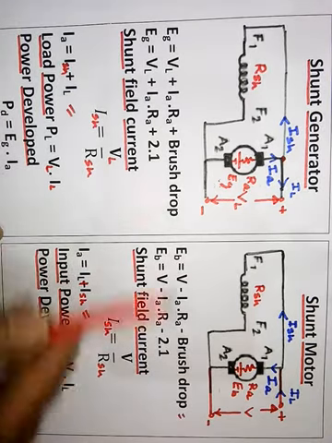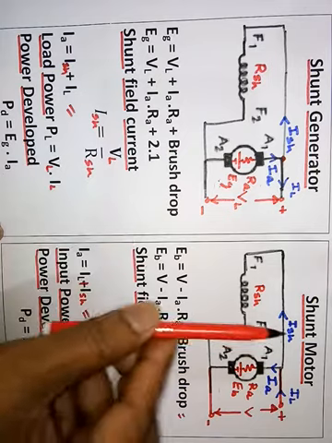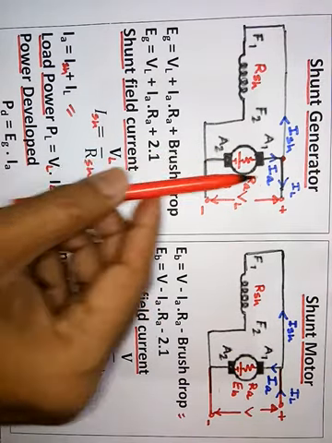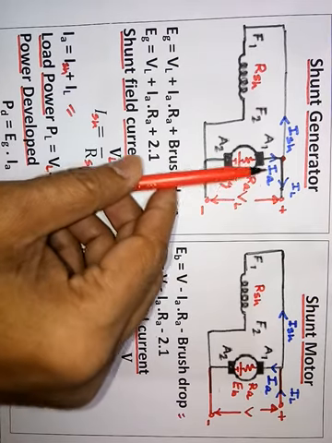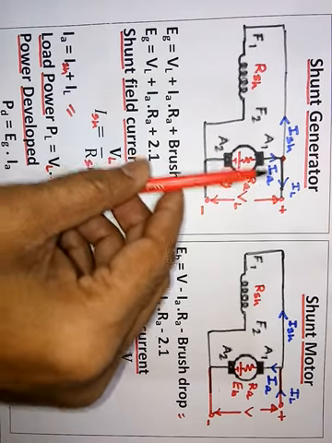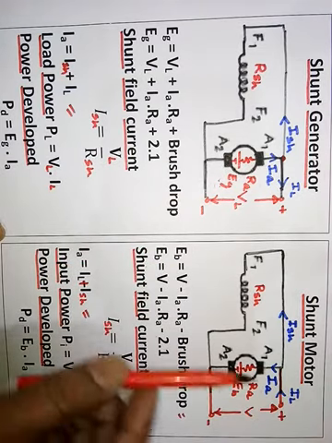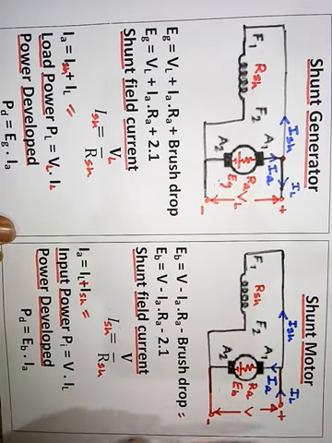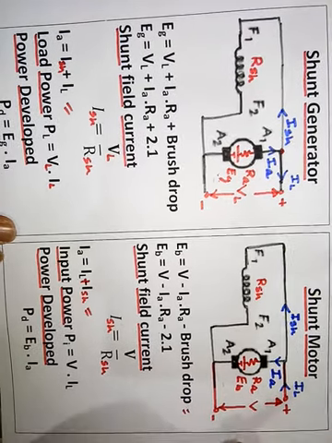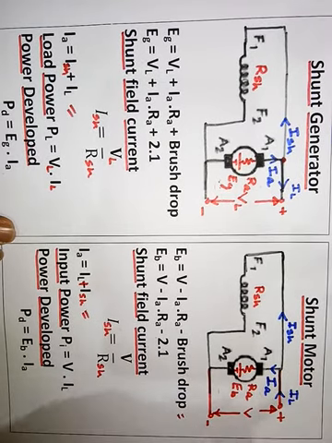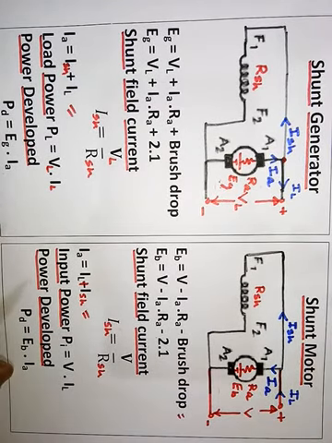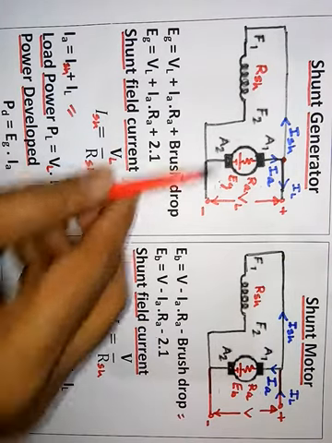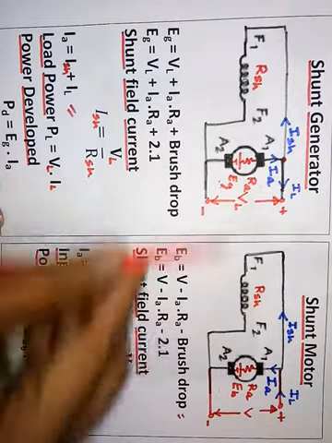There are two different circuit diagrams here. This is the shunt generator diagram, this is the shunt motor diagram. Clear? In a shunt generator, EG voltage will be generated first, then the voltage or energy is delivered to the load element. But in the motor, supply is given first to the armature circuit, and then the torque acts on the rotor. Okay. Now the two different equations for the two different machines, a generator and a motor.